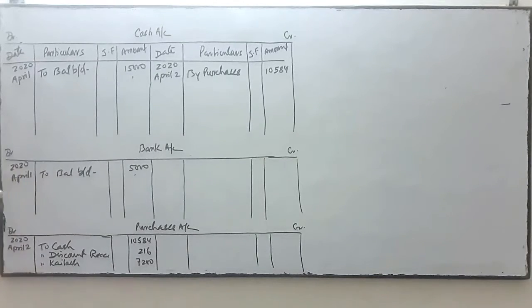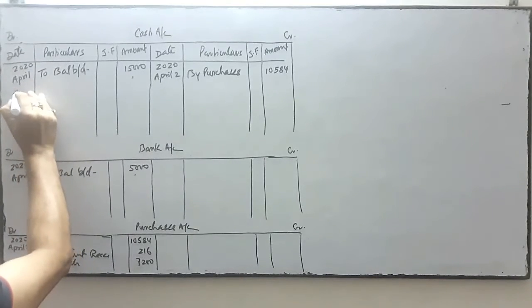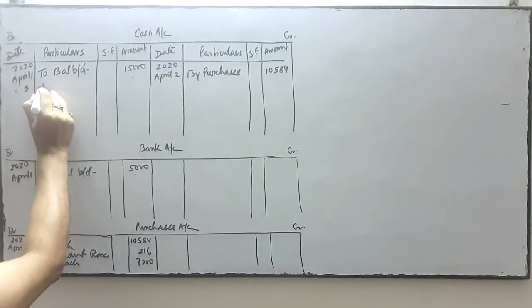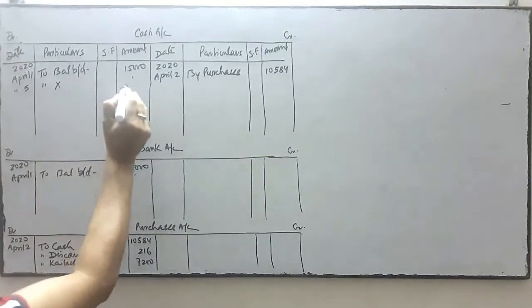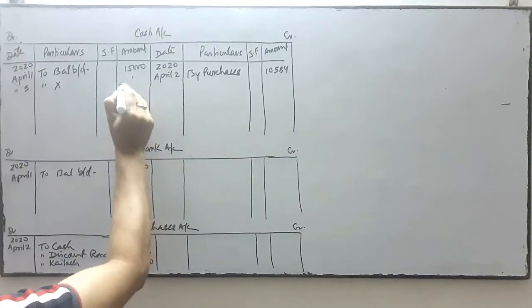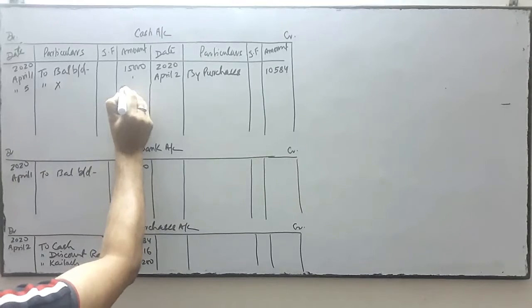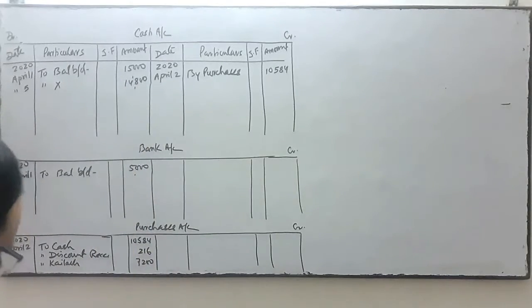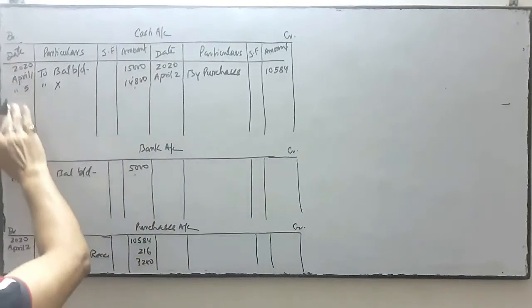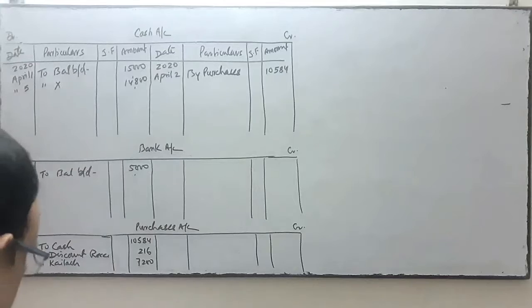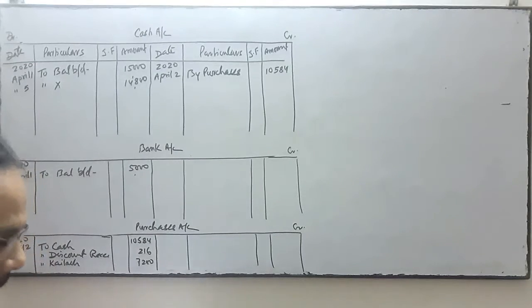April 5, cash is on debit. So on the debit side we will write April 5, to Axe account. We have to write the cash amount 14,800, not the amount of Axe. Cash is on debit, so on the debit side April 5, what we write just opposite of cash is Axe account. But we write the amount of cash, not Axe.